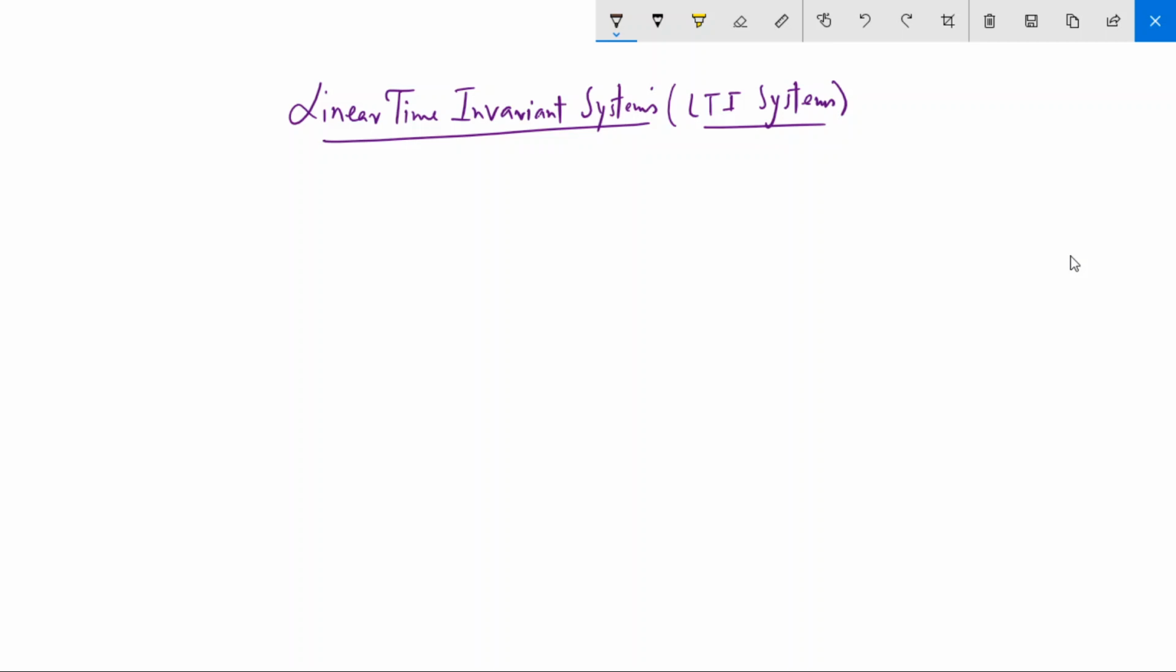Okay, today we will discuss an important class of systems called LTI systems, linear time invariant systems, and we will see how to find the response of such a system to any input. Okay, we will describe first in the discrete domain